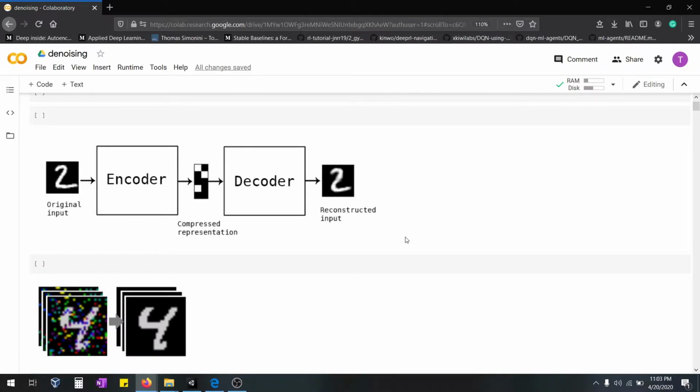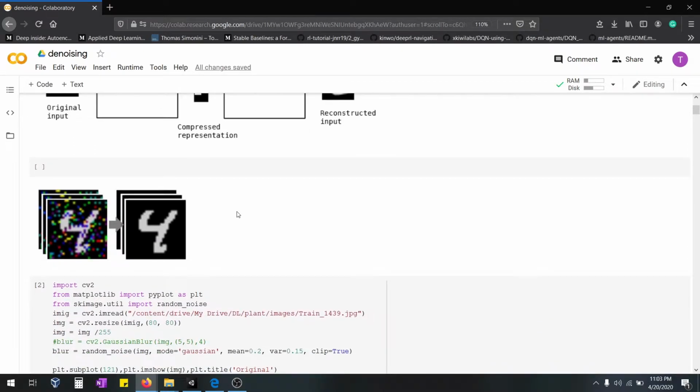We're gonna feed the input images, and the encoder is gonna extract the features from the input image and convert it into latent space. This latent space contains all the important features from the input image. The decoder is going to reconstruct the image from the features. From the paper, they took the hand recognition data, added noise to the image, and gave it to the autoencoder to denoise it.